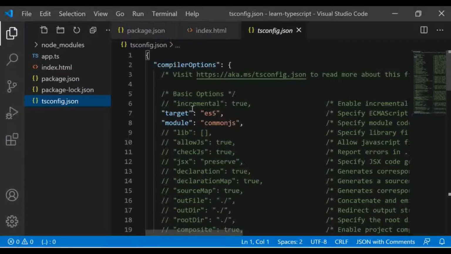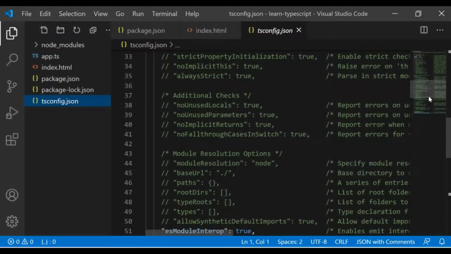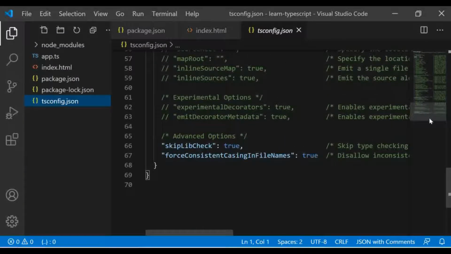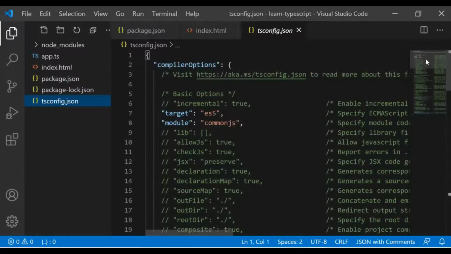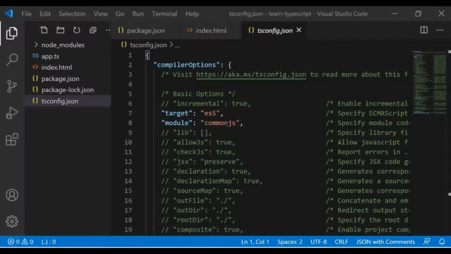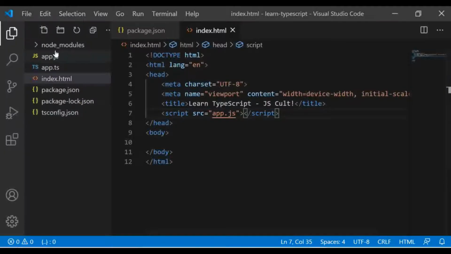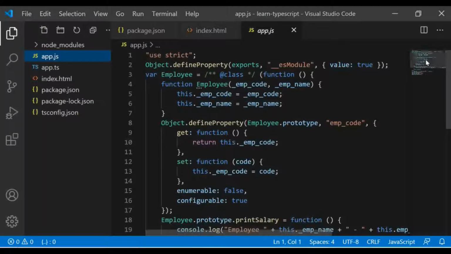By default, most of the probable properties are made available here. Now with the help of this file, if you run tsc without any other argument, TypeScript compiler will compile all the TS files in the project, as you can see here, right?